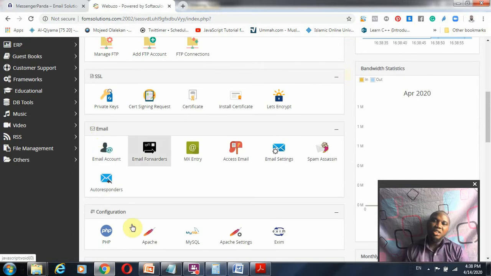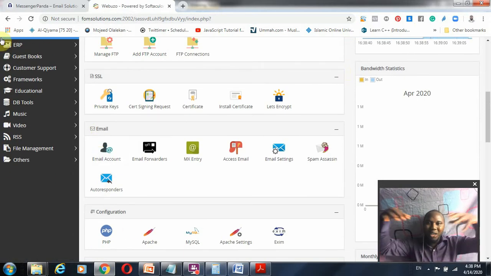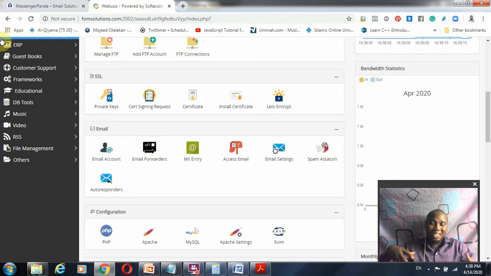Now your email. Interestingly, like Webuzo, I've told you that Webuzo is like a single user. All your domains are within your single account. It's not like cPanel whereby you can actually create 1 gig for somebody, and that person will make use of 1 gig to do his website, and he's going to have his own account. So as far as Webuzo is concerned, it's a single account. All the domains will be added just like